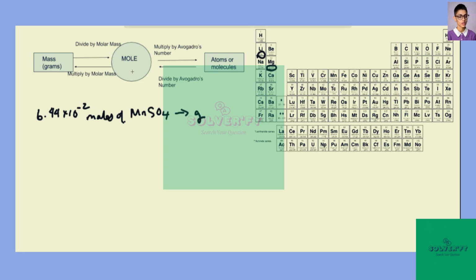We're starting at moles and changing to mass, so we need to multiply by the molar mass. So we have moles that we multiply by molar mass